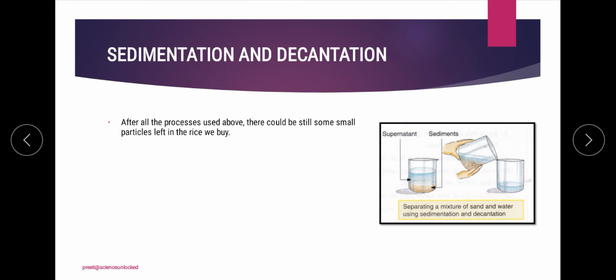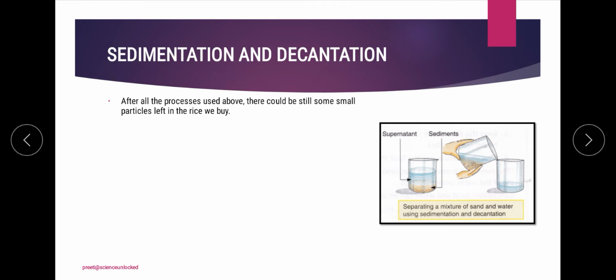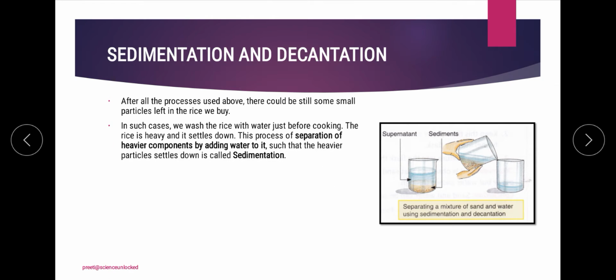We will see that the component which is heavier will settle down at the bottom.